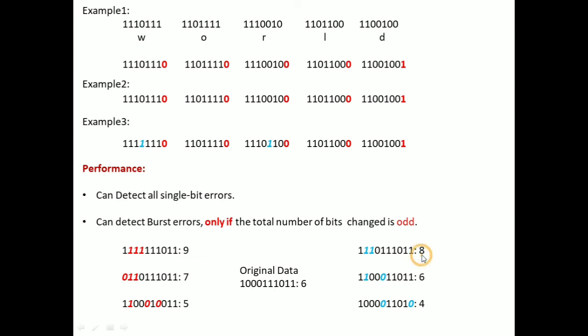Even number of ones. So the receiver thinks that the transmitter has sent the same information because there is a change in these 2 bits, but this 2-bit change is even. For this reason, the parity bit checker cannot identify the change. So here also, originally how many ones are there? 6. So this bit has been changed from 0 to 1 and this bit has been changed from 1 to 0. But the total number of ones here is still 6.